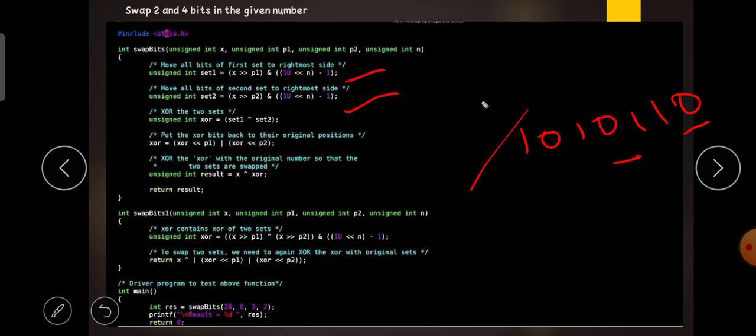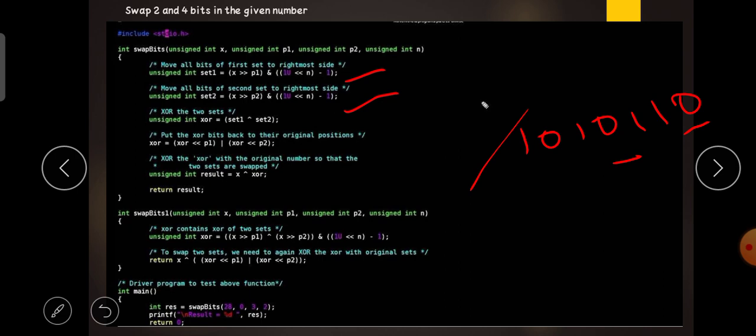These give us set 1, and set 2 is given by this formula. What is n? It means the number, p1 means position 1, p2 means position 2, and x means the number of bits being swapped. That's all for this logic.